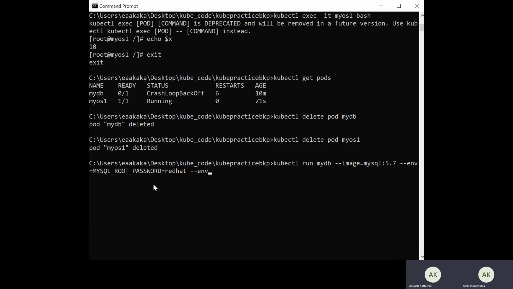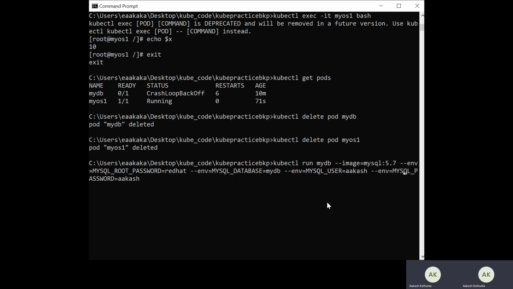So let me define it as redhat. Then another environmental variable I can define like MYSQL_DATABASE equal to mydb, and --env equal to MYSQL_USER equal to, let's say I take my name, Akash, and then another environmental variable MYSQL_PASSWORD equal to Akash.